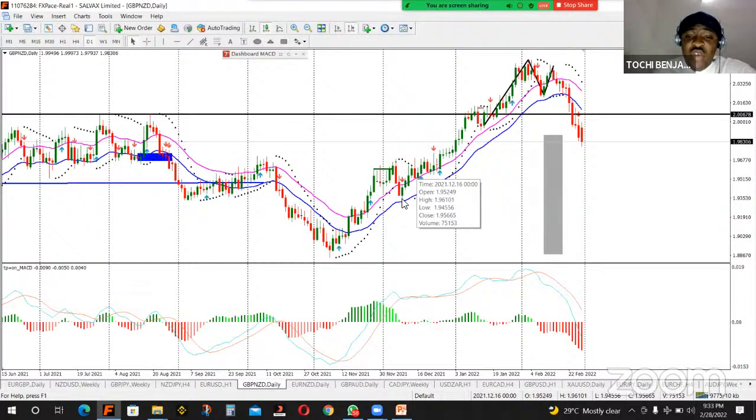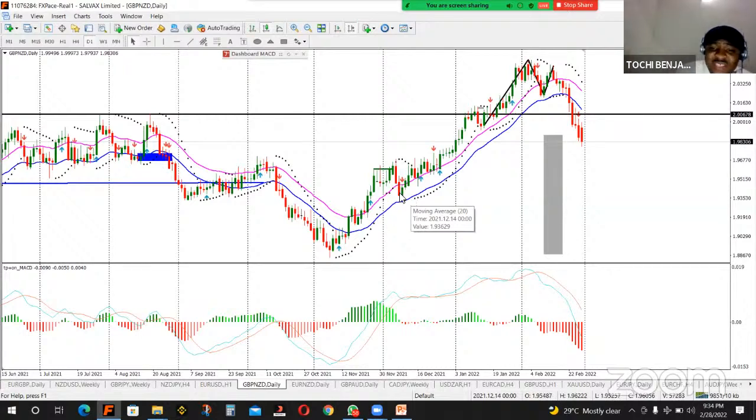Do you understand? So if I buy at this low and the market comes down, if it breaks below this second one, I will take my exit, because to me, that market has changed direction. But if it does not break below the second one, I will engage the buy. Even if the market comes down and breaks below the second one, my stop loss will not be huge. It's something I can cope with. I will leave the market. Do you understand?